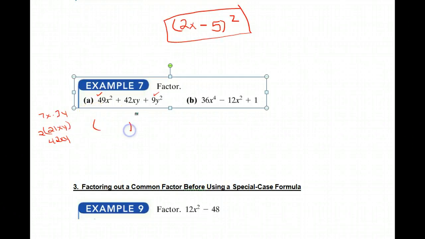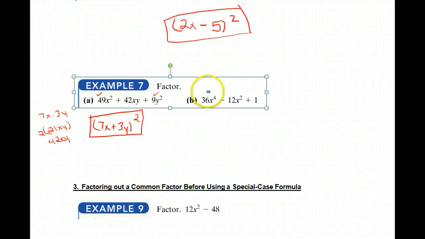So we can just write quantity squared. We take the square root of the first term, which is 7x, the square root of the last term, which is 3y, and the sign of the middle, which is a plus sign. And there's our final answer. Example B,